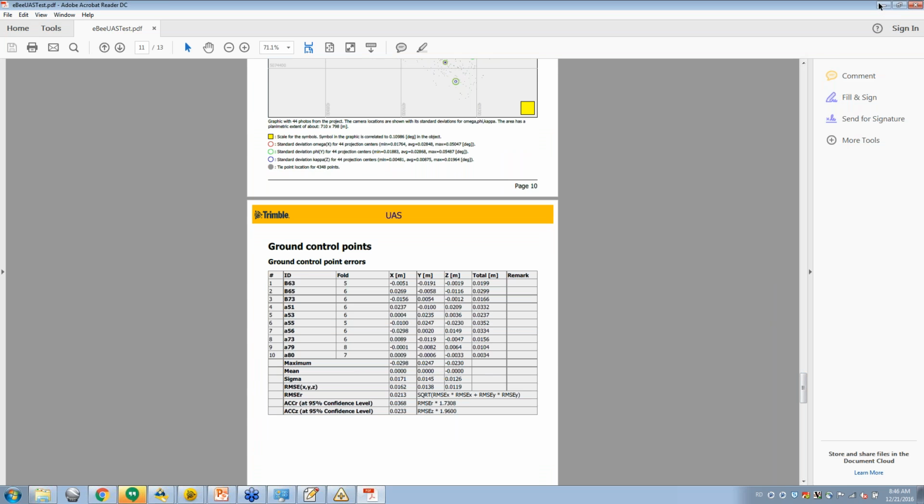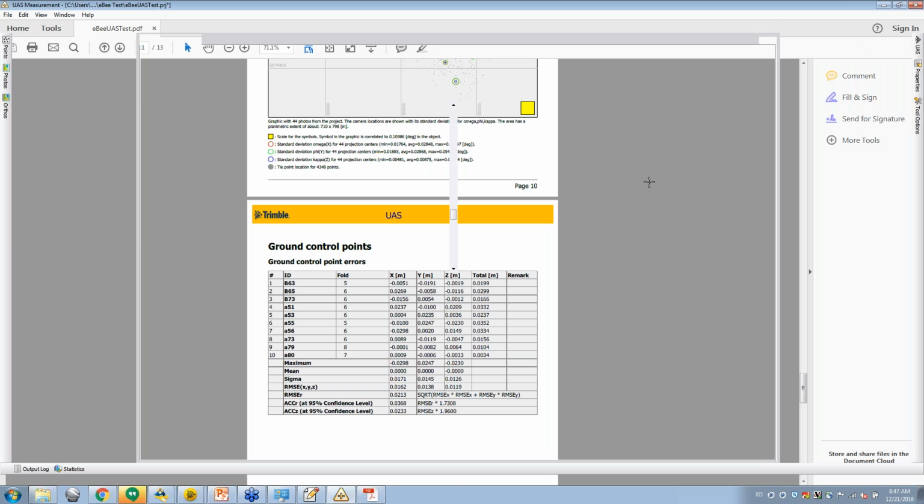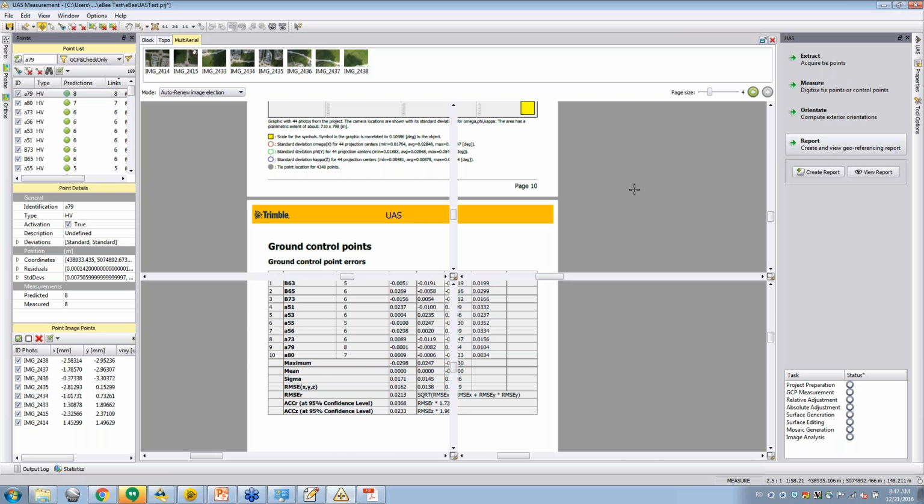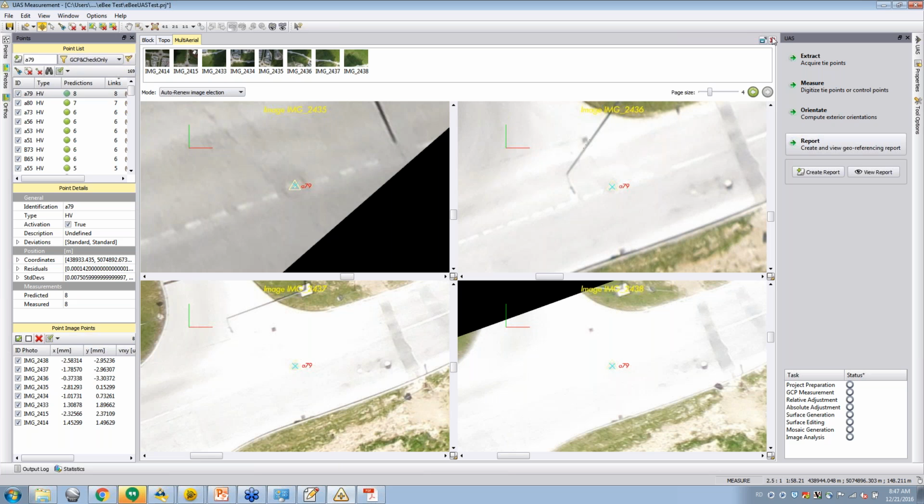This will tell you if the calibration you just performed was out of whack. If you see one ground control point is pretty far away from the accuracy of the other ones, you would probably remeasure that, as you probably selected the wrong point. So it's a good check again after the calibration. So after processing, we're kind of done with the photogrammetry part. We would then move on to producing our deliverables,